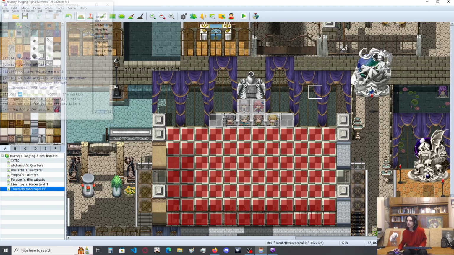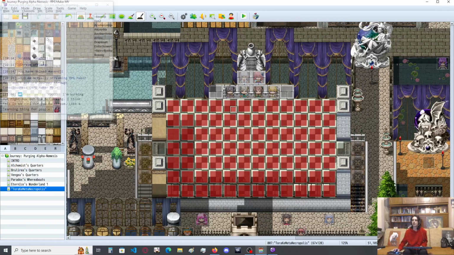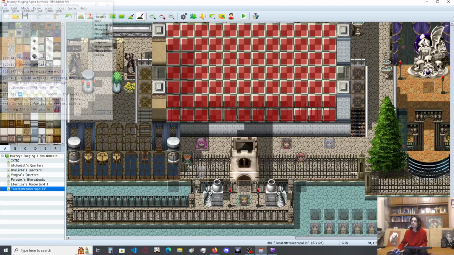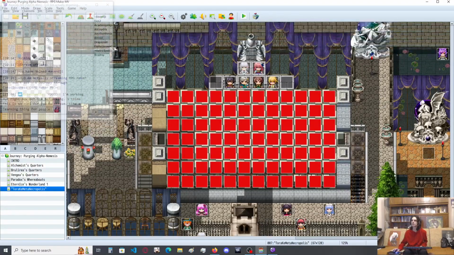Hmm. Could I actually add this? I could actually add it like this. Wait. And that's... Ah, that should be it. Wait. That should be dark as well. You can't put shade there because this is a special tile. Alright, let's see. I think that should be it. I mean,